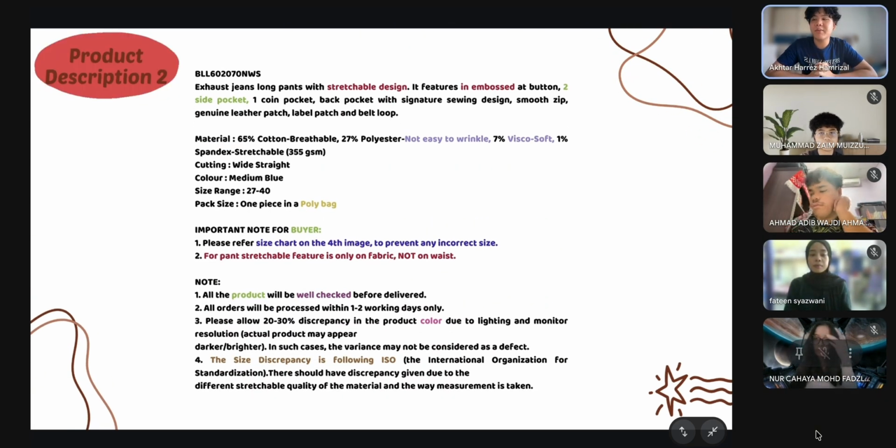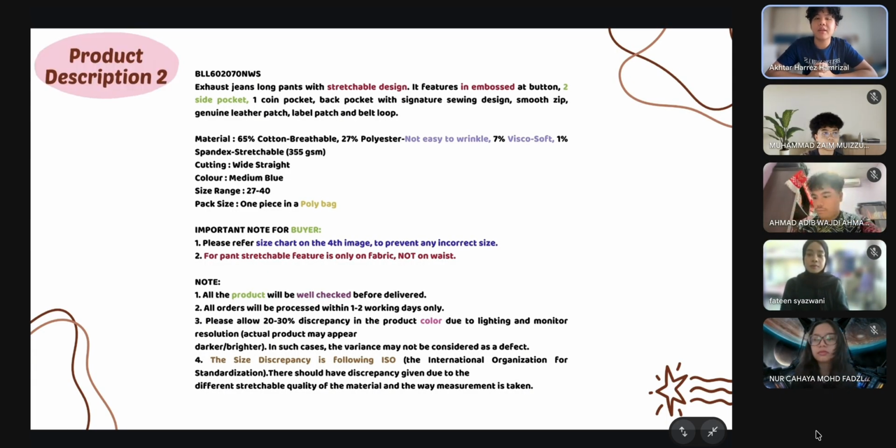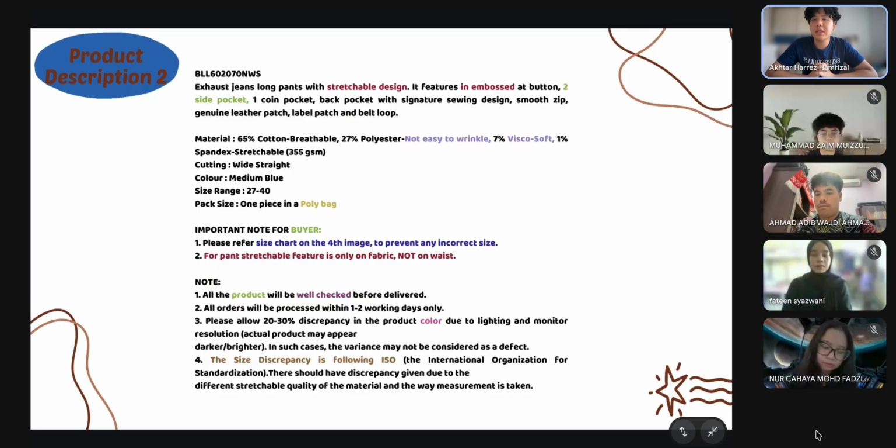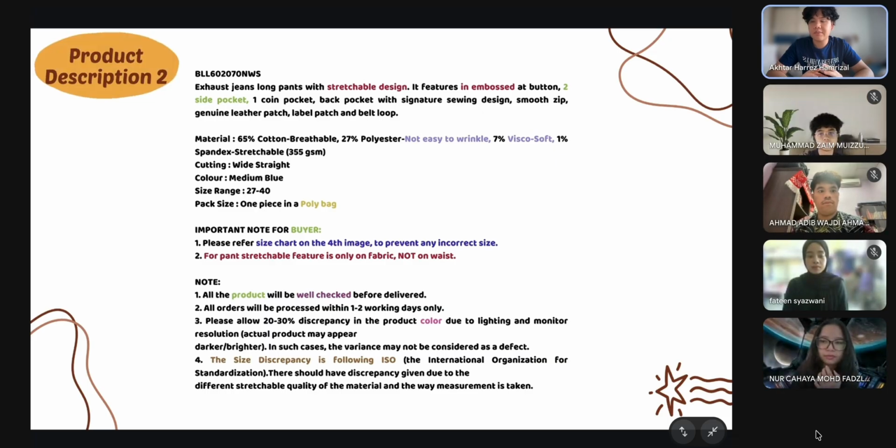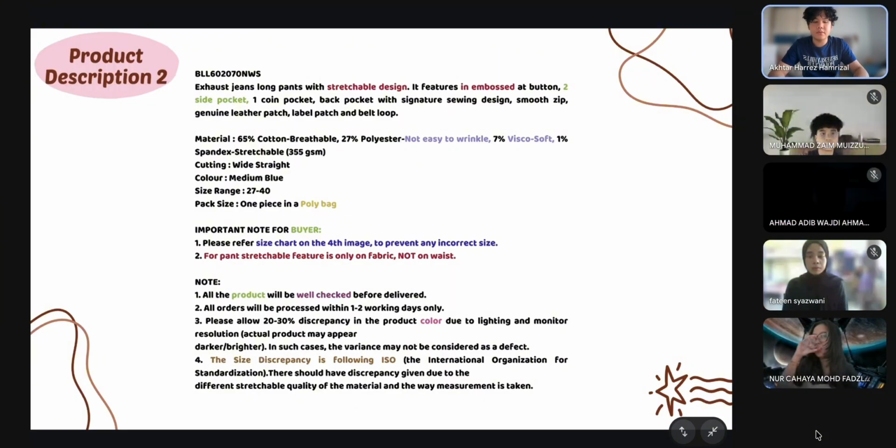Now I'm going to explain about product description 2. As you can see, there's a lot of colors in the text. We have red, green, purple, blue, and many more. Those colors represent types of errors that we can find. For example, red as grammar, green as plural error, and purple as word choice error.